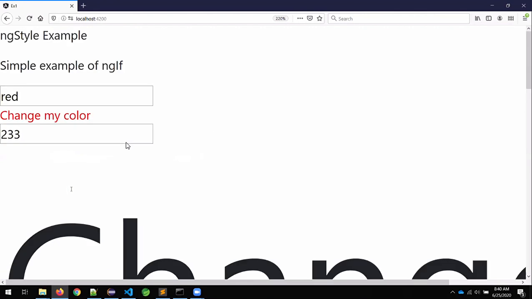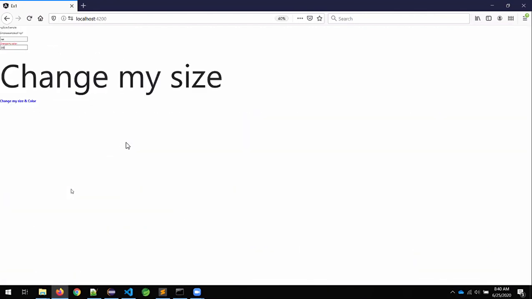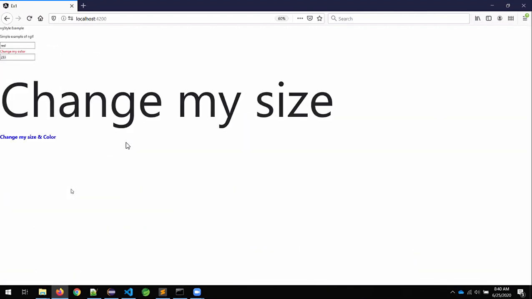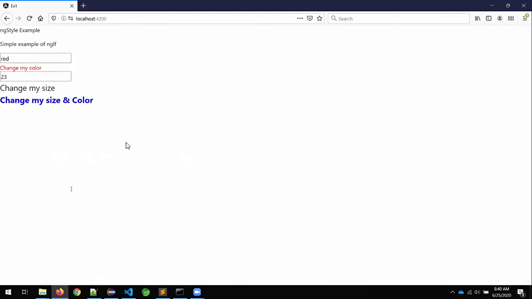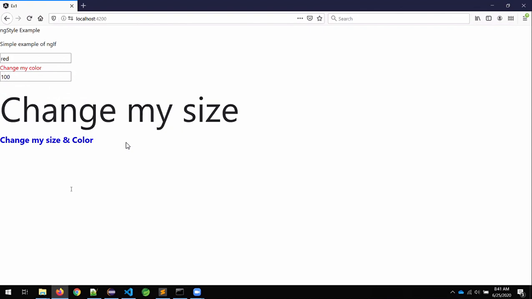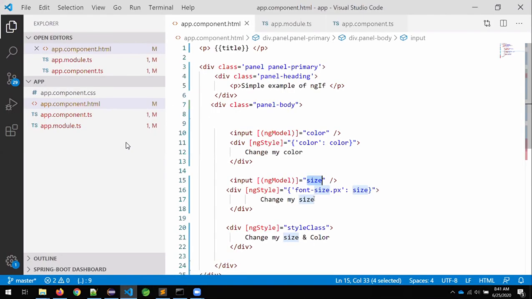So now tell me, not only color, sir, any CSS property can be controlled by using the configuration ng style.